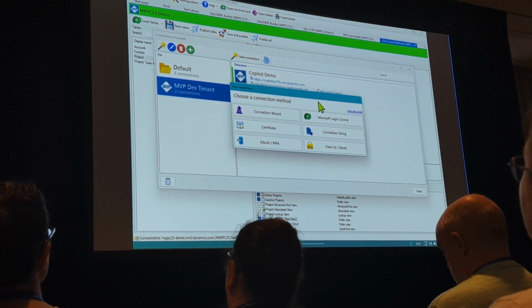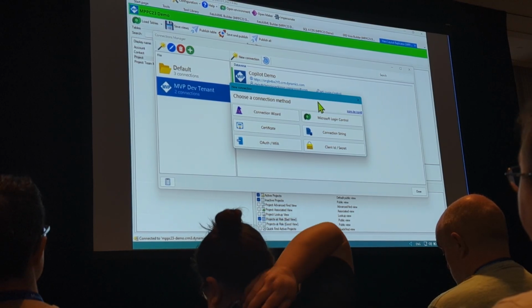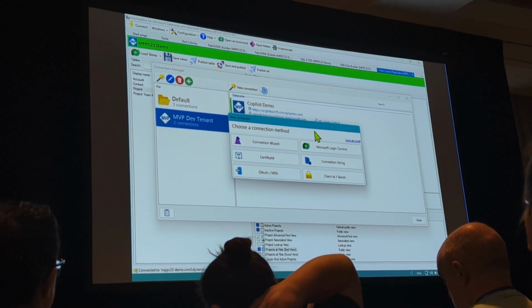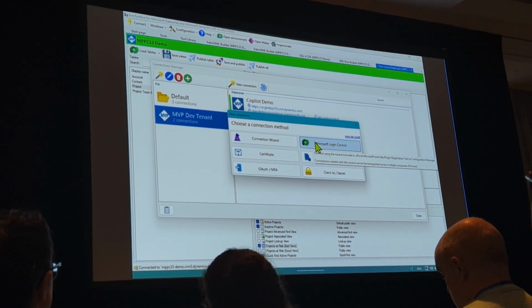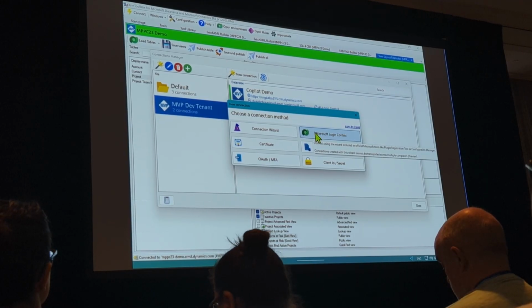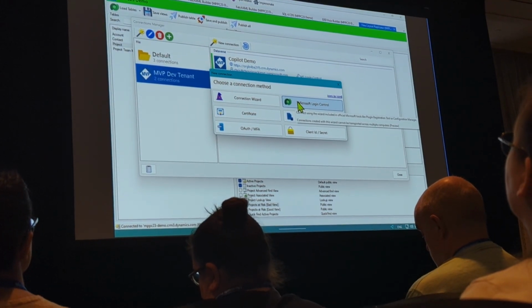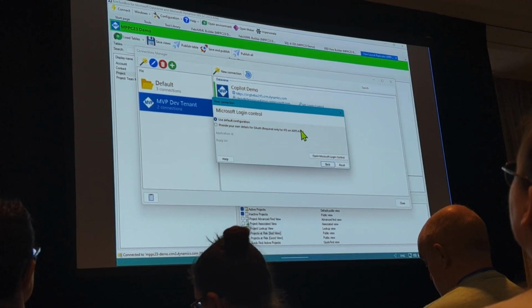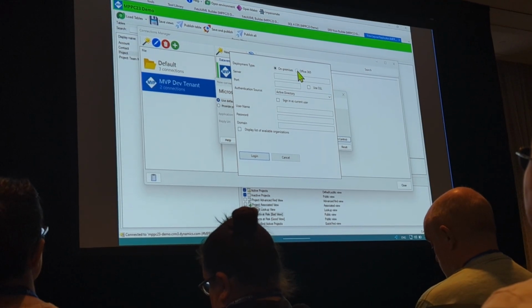And to be able to create a new connection, you get a whole lot of connection methods out of the box. The one you're probably using most is the Microsoft login control. That's the one Microsoft provides you. If you're using any of their client tools to connect to an environment, whether that's the configuration migration tool, plugin registration, and so on, it's that same login control they provide. It provides a kind of wizard for you to connect to your environment. So for example, I would connect